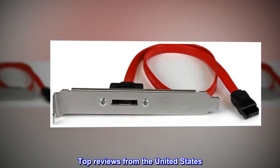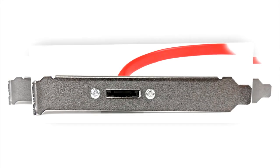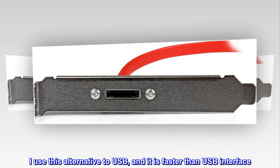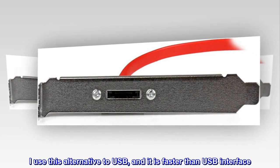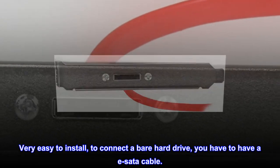Top reviews from the United States. A good alternative to USB. I use this alternative to USB, and it is faster than USB interface. Very easy to install. To connect a bare hard drive, you have to have an eSATA cable,